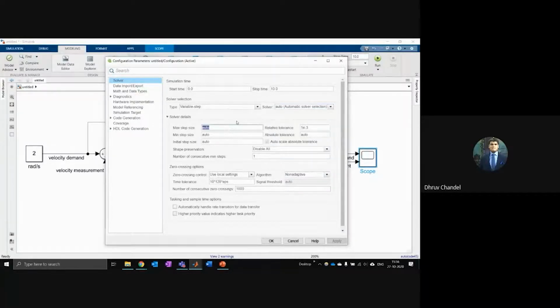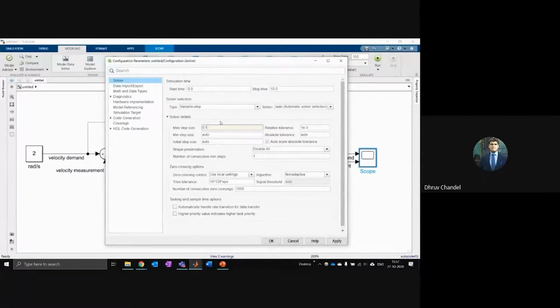So I can put my maximum step size to 0.1 here. This means there will be a solution generated at least at 10 hertz. If you're from a signal processing or control theory background, you know that there's that Nyquist limit. So if you want to control any system or you want to measure any system, you have to make sure that you're sampling at something like twice the frequency.